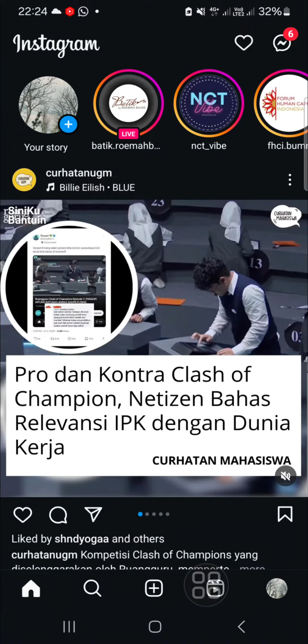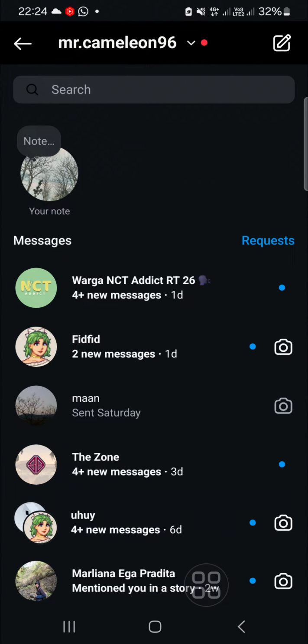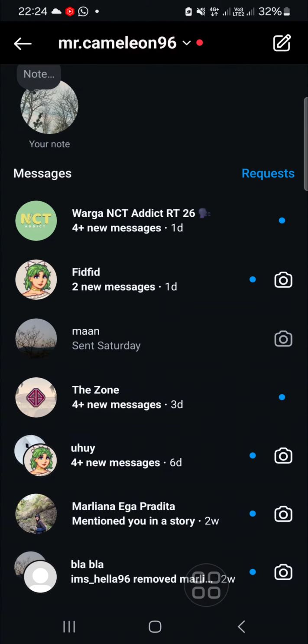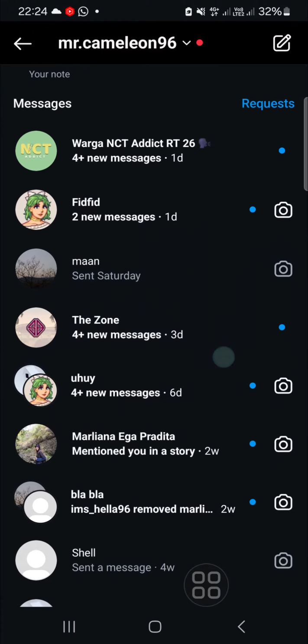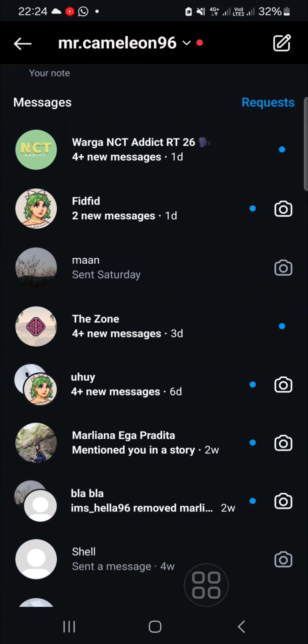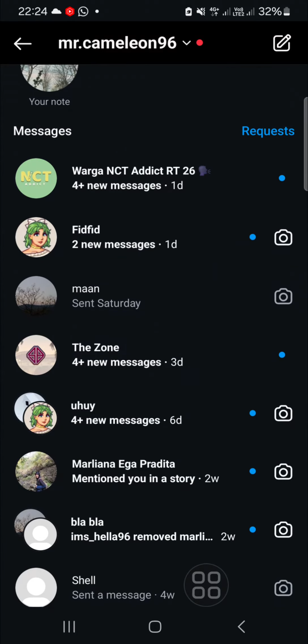I have opened my Instagram application, and first things first, we need to open our Instagram direct messages. You can click on this icon on the top right to open the Instagram DM, and you can choose a chat room you want to turn off the typing indicator on. For example, I'm going to hide my typing indicator on this chat room, so I'm going to open this chat room,